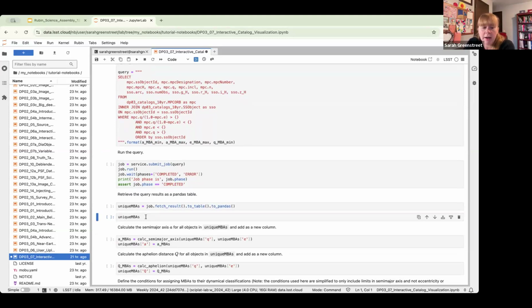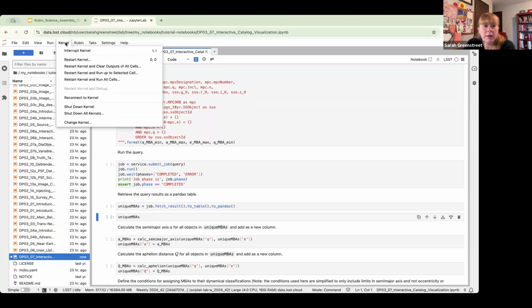This is going to be displaying the pandas data table that has all of the results of our query in it at the end. So I want you to select this cell, and then we're going to go up to the menu on the top left-hand corner and select kernel. And then I want you to go down to restart kernel and run up to selected cell. We're going to select this, and then what it's going to do is run all of the cells sequentially in the notebook up until it gets to this selected cell,